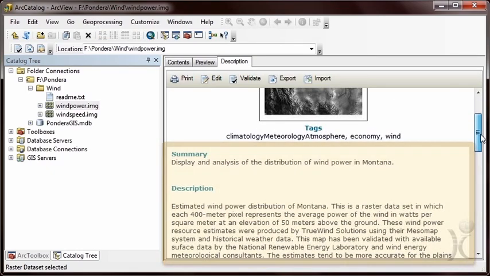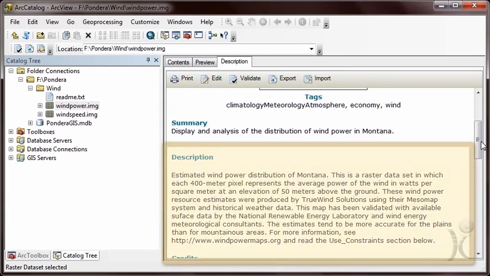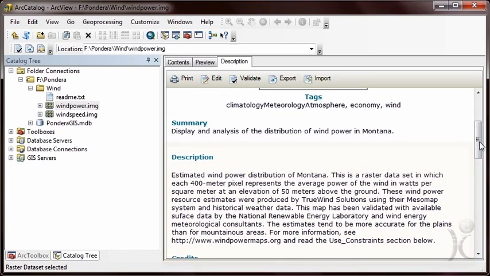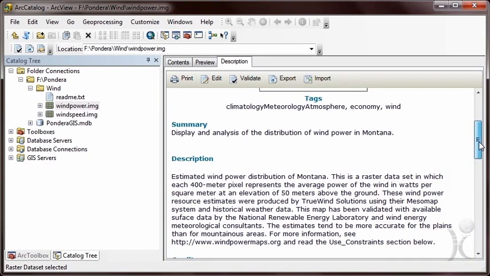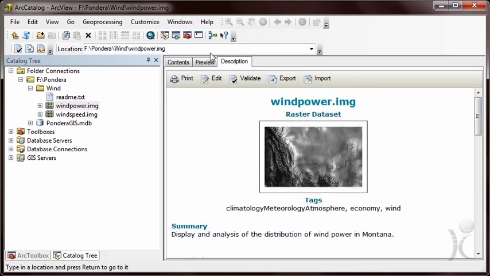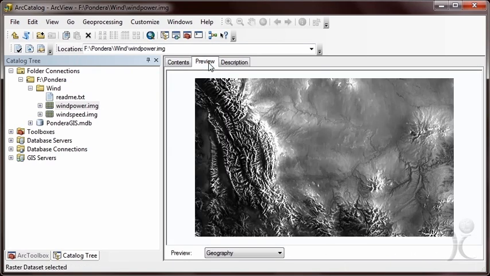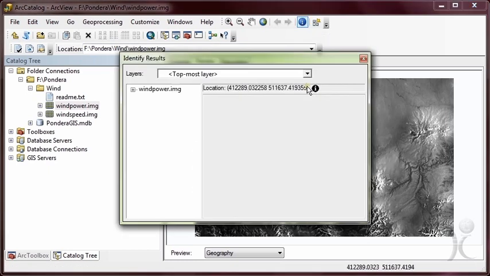In simple terms, this grid reveals an estimated wind power distribution based on a 400-meter pixel that represents the average power of the wind in watts per square meter at an elevation of 50 meters above the ground. After making the preview tab active, we observe this wind power grid looks more like a hillshade. After making the Identify tool active, we can click on a location on the map to obtain the pixel value